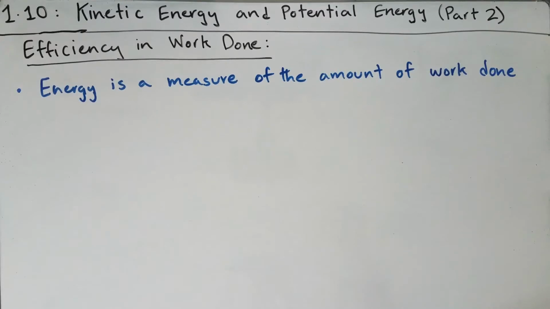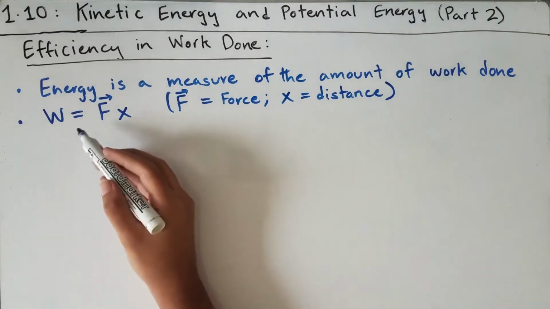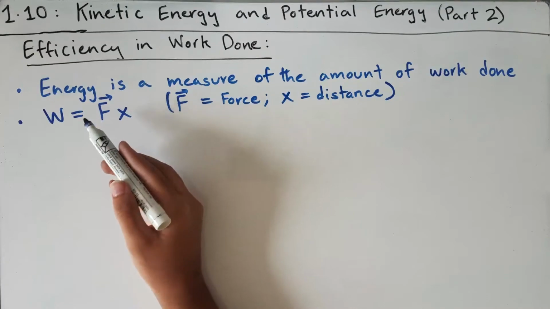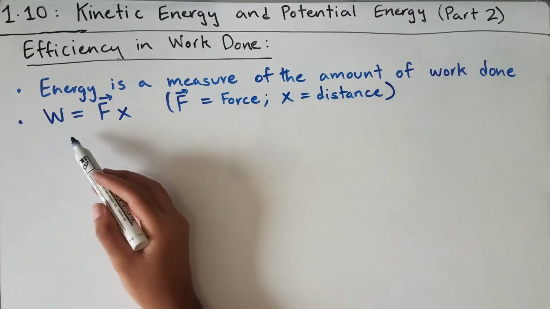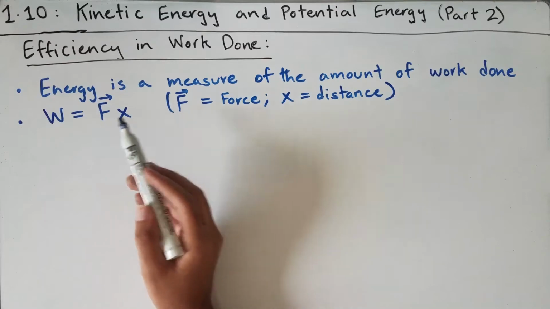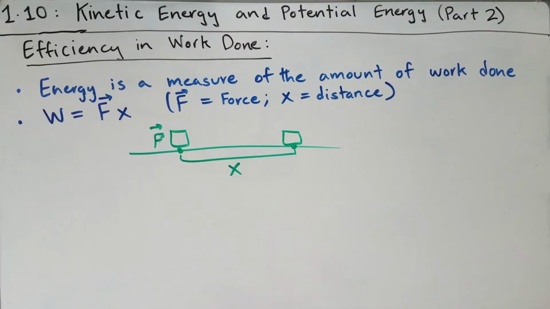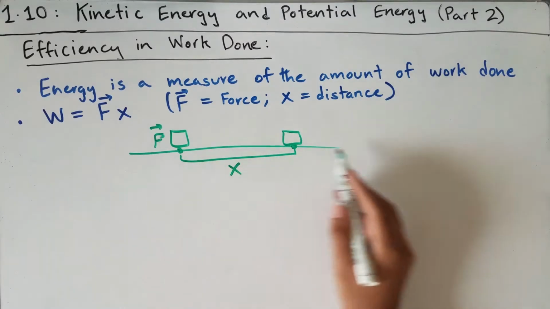In the last video, we learned that energy or work is a measure of the amount of work that is done. We also learned that energy can be represented by the letter W, or you can also represent it by the letter E, but when we're talking about work done, we use the letter W. And we know that the work that is done is equal to force times the distance for which the force is applied. So in a simple scenario, if you have a box that is lying on a flat ground,